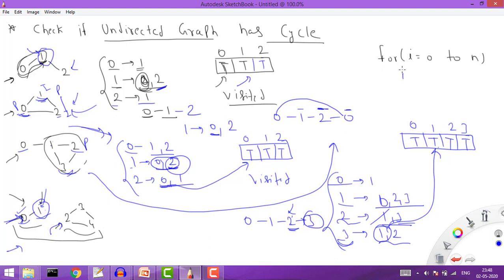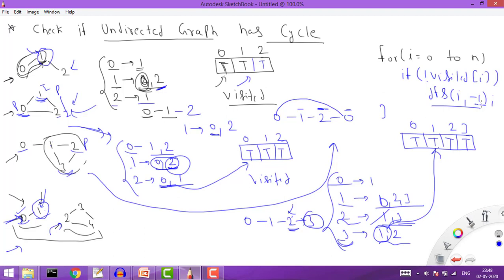So what I will do is call the DFS only if the element is not visited. If it is not visited, then only call the DFS. And here you pass the parent. So from here we pass the parent as -1. Right? So this is the parent. Whenever I start from a particular point, the parent will be -1, because this is my starting point. And whenever I move on, I will define the parent accordingly. Right? So this is the way we can define whether there is a cycle or not in the undirected graph. Now let me show you the code so that you can understand it better.